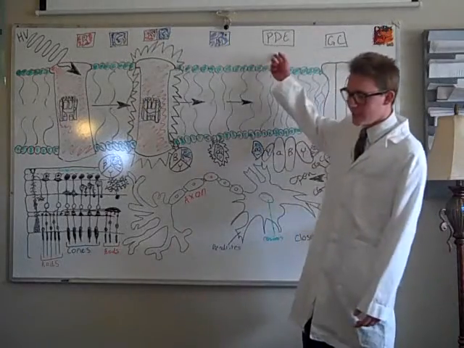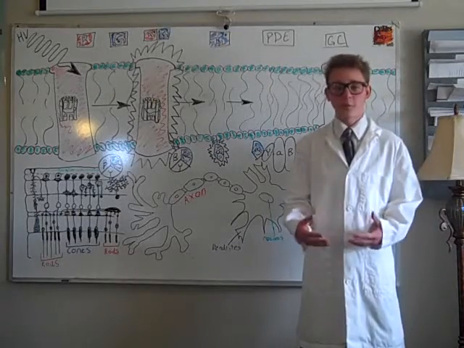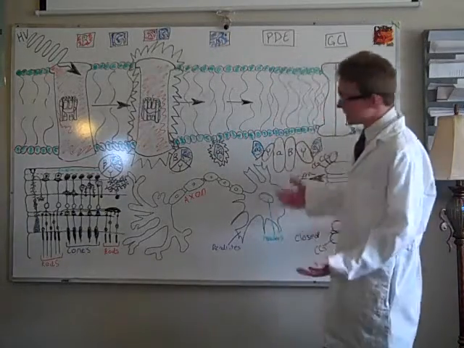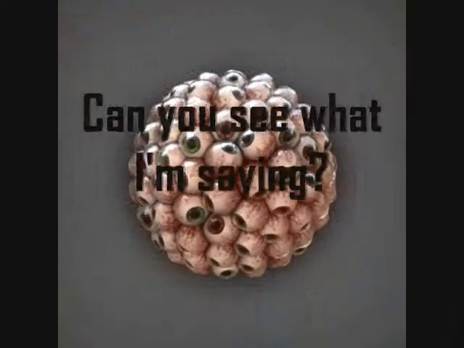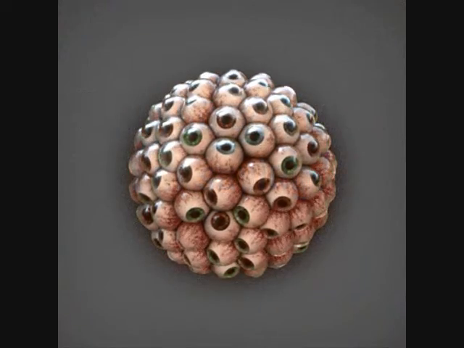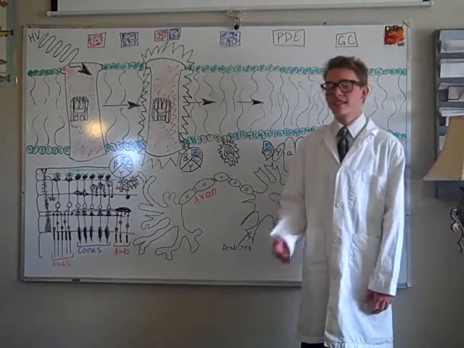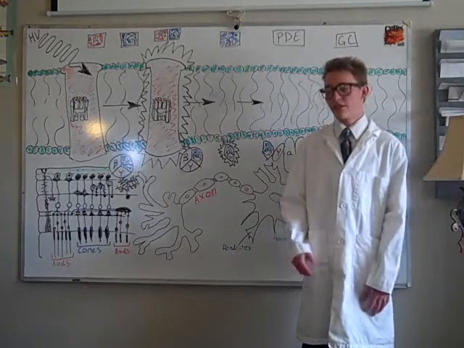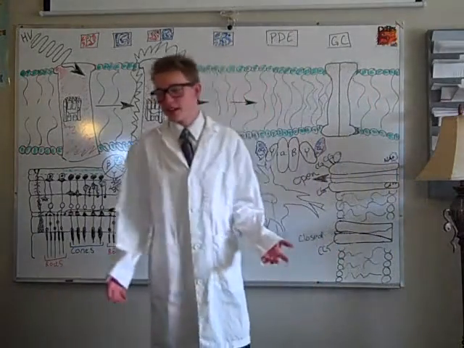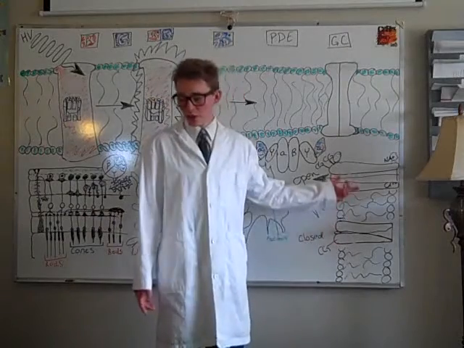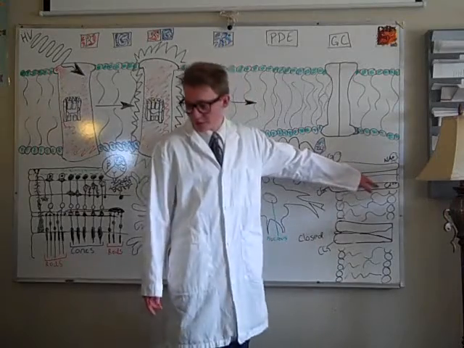Next, the activated PDE hydrolyzes, which is the chemical breakdown of a compound due to reaction with water. So it hydrolyzes cGMP, cyclic guanosine monophosphate. Finally, guanylyl cyclase, GC, synthesizes cGMP, the second messenger in the phototransduction cascade. Reduced levels of cytosolic cGMP cause cyclic nucleotide gated channels to close, preventing further influx of sodium and calcium